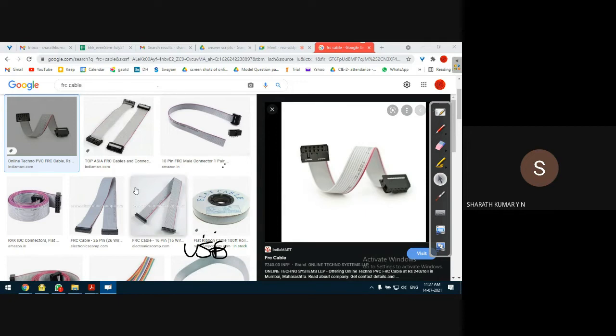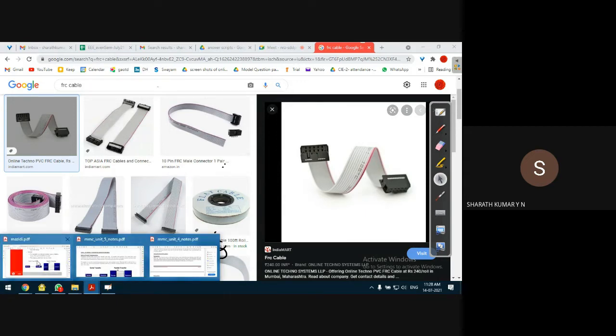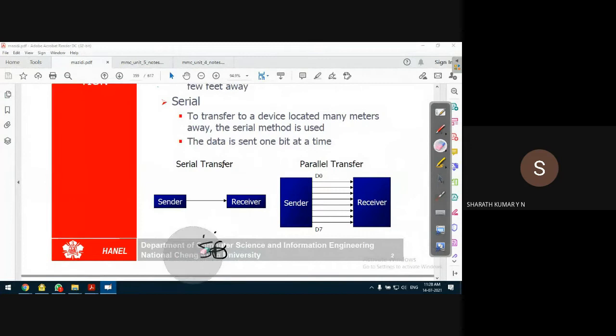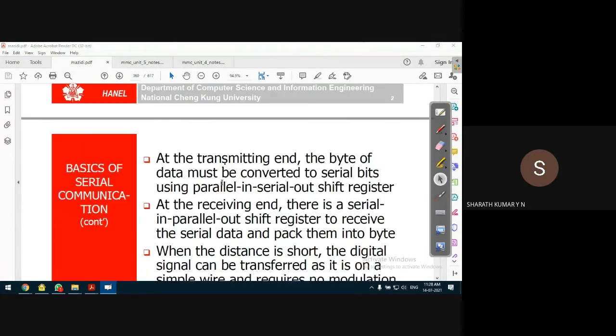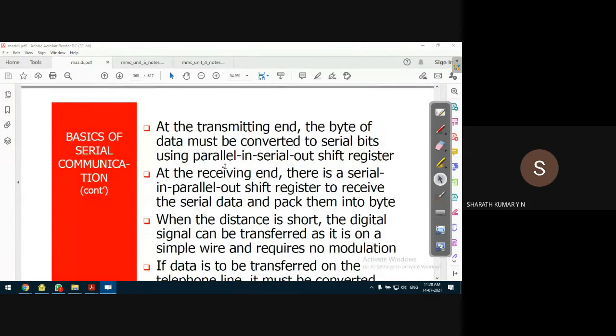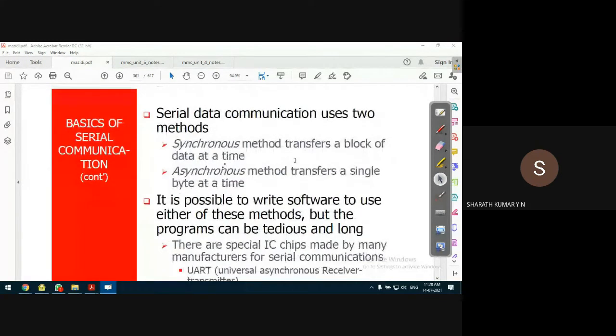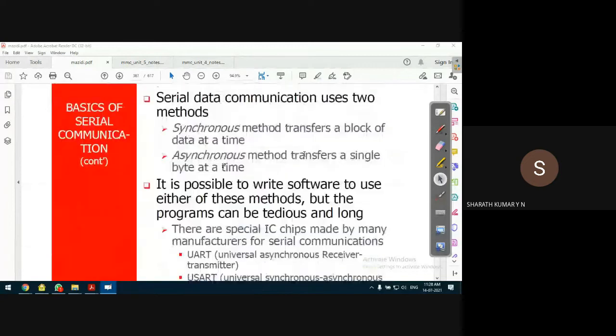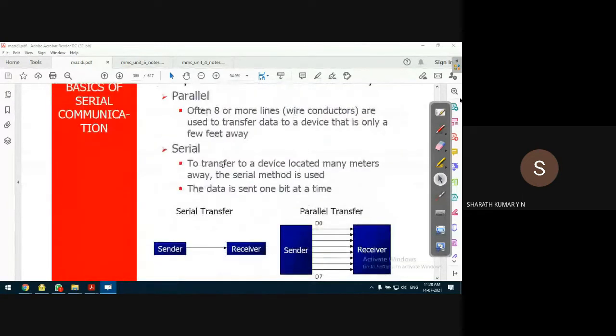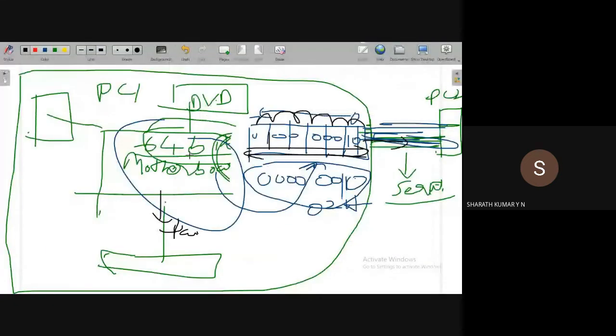Along with that, this example is like a LAN network for serial communication. For LAN network, you know many examples. For parallel communication, interconnection between short distance devices, so that data can be transmitted at a faster rate. Okay, so I think the advantages are not explained here. No? Okay, it is not explained here. Advantages and disadvantages. Okay, what will be the advantages of parallel communication?